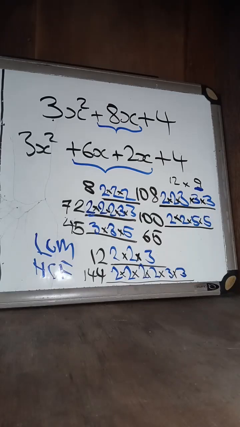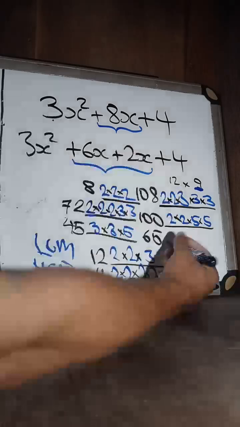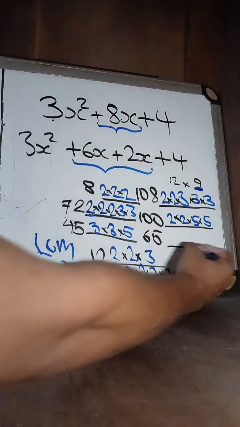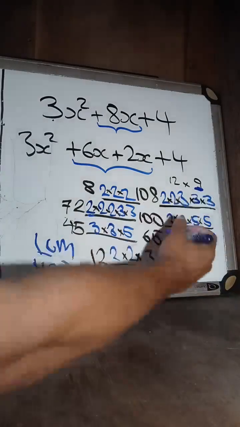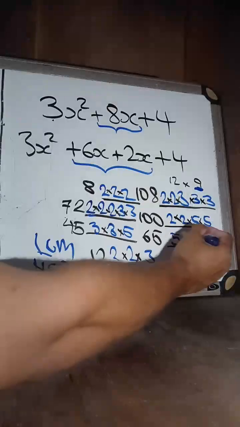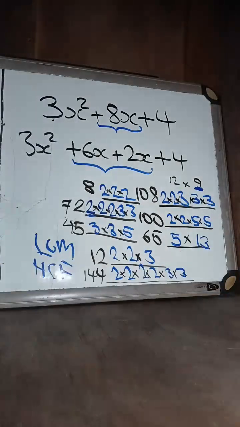So now with the 65, this is just 5 times 13. And of course, 5 is prime, 13 is prime, so we don't need to go any further than that. Right? So if we get good at finding prime factors for every number that we see,